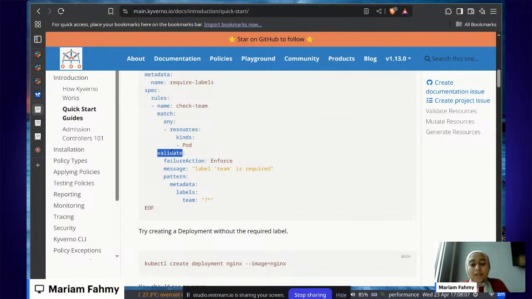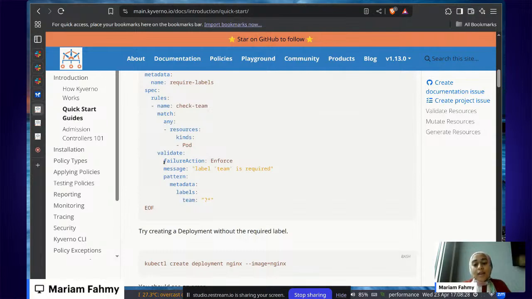Inside the validate rule, you write the validation logic under the pattern field. As you see here, under the labels, we require the team label to exist in the pods. Okay, and what if the pod doesn't have the team label? What happens?